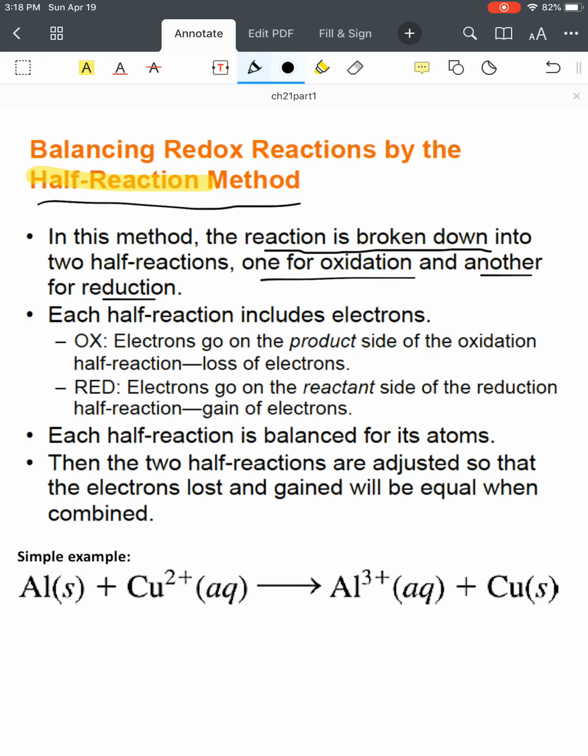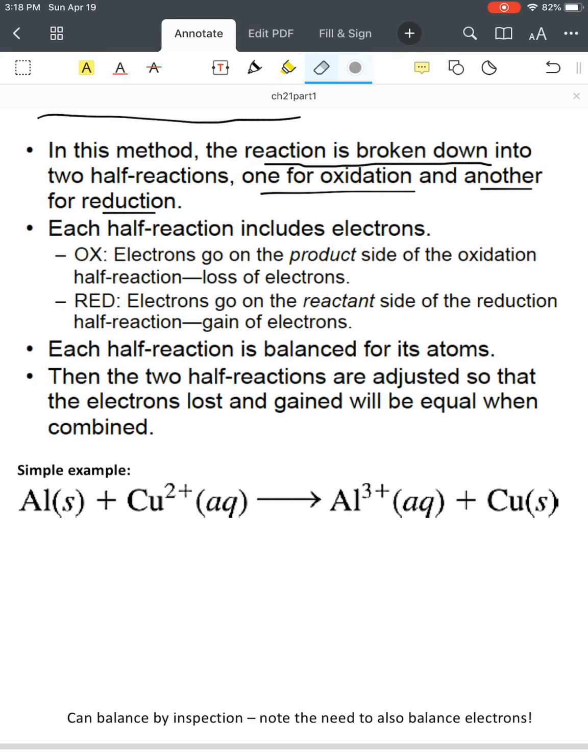All right, so let's take a look at what an example problem might look like. It's down here at the bottom, and this is actually, it turns out, a pretty simple one. We're actually going to be able to balance this one by what's called inspection. But nonetheless, it'll kind of show us the overall thought process, and then in a second we'll work one in a more organized way